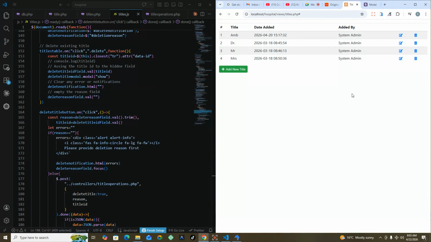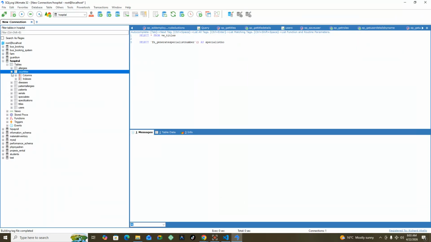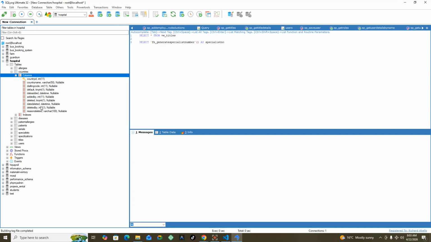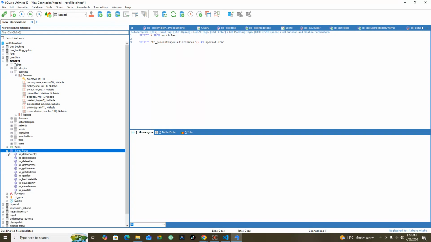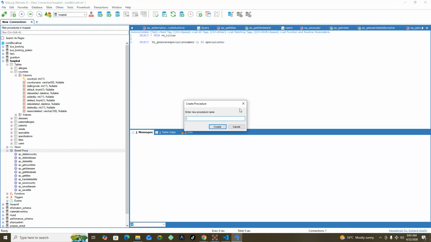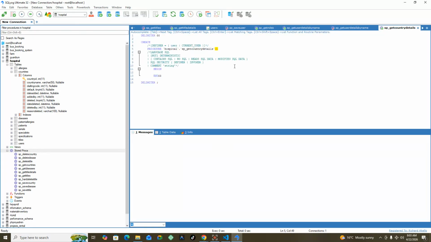Actually, I want you to go ahead and implement the one for countries. Because we didn't implement countries, let me just see, did we implement countries on this database? We have countries, yes. We have save country, we have get countries, we have delete country, but we don't have get country details, so we can come here and say sp get country details. You just need the country ID,